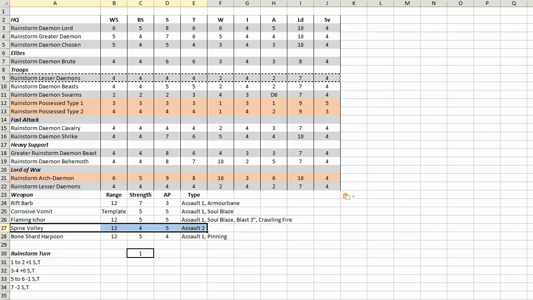you've now given them a bolt gun at rapid fire range. It's rough. And another thing you've got to remember as Ruinstorm is because you're emerging from the warp rifts,